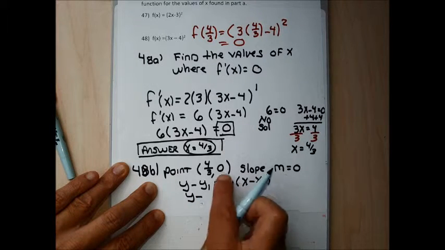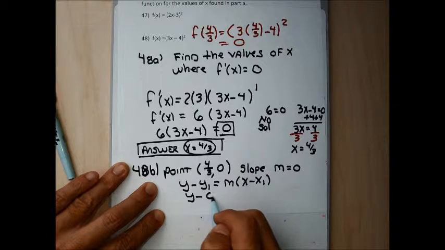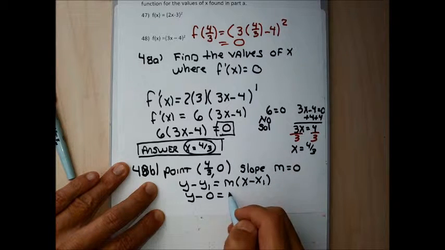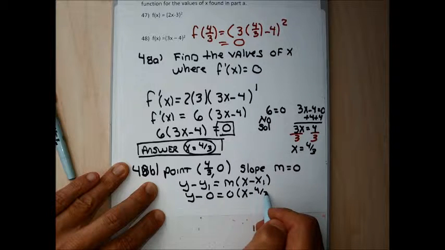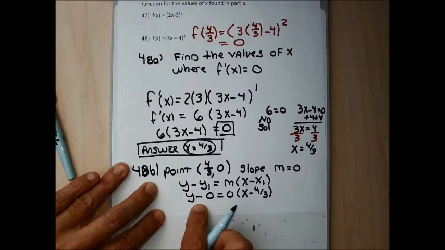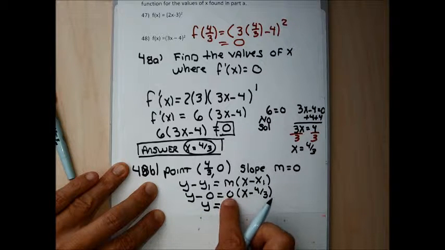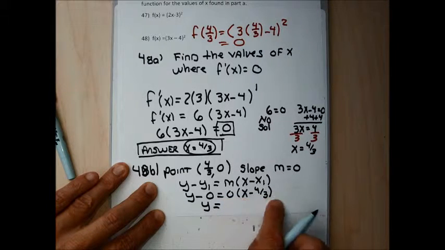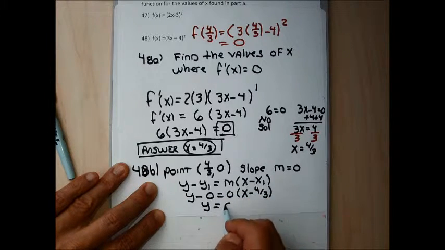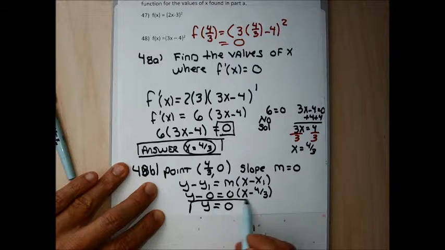So I'm going to go y minus the y coordinate of the point, which is 0, equals m, which is 0, times x minus the x coordinate of the point, which is 4/3. On the left side, y minus 0 is just y. And on the right side, any factor times 0 is equal to 0. So 0 times the quantity x minus 4/3 is still 0, because 0 times anything is 0. And that's actually the answer for part B. I'm actually done with